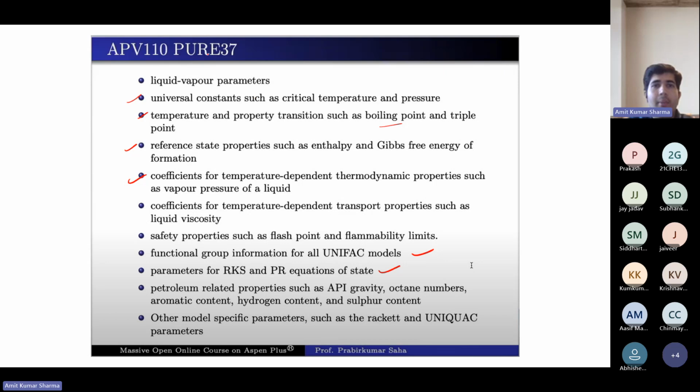So in this database, these types of things are defined.